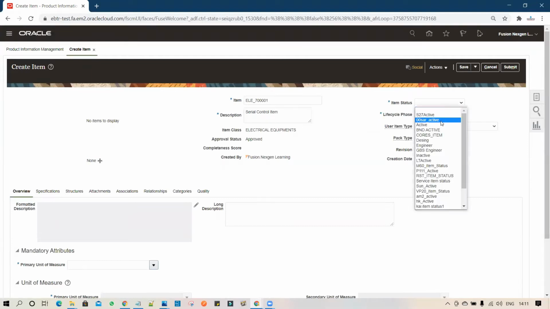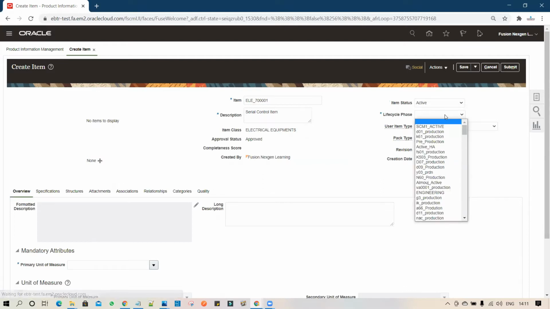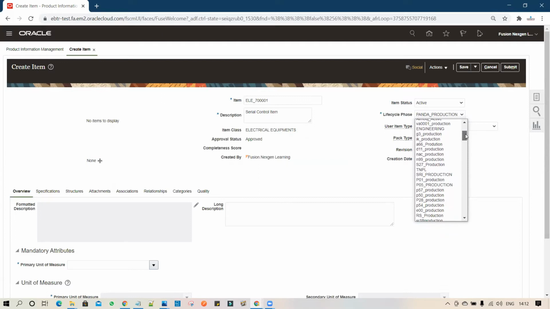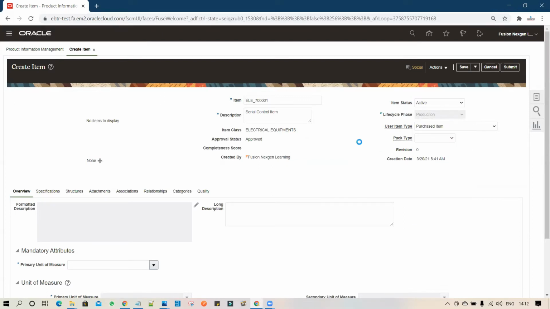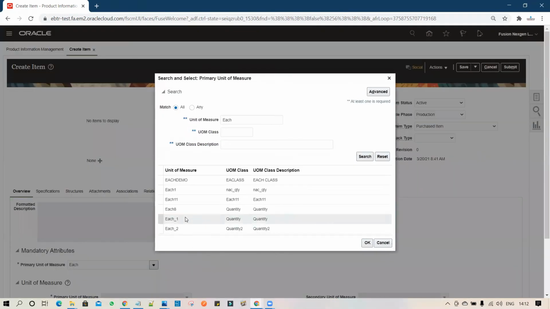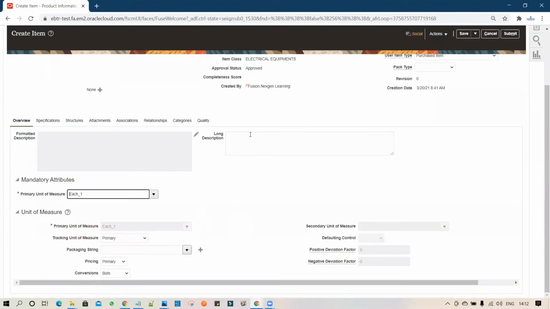I will put the status as active and production, so I set the lifecycle phase as production. I will set the unit of measure for the item. Once you're done, if you have one, you can enter the long description.